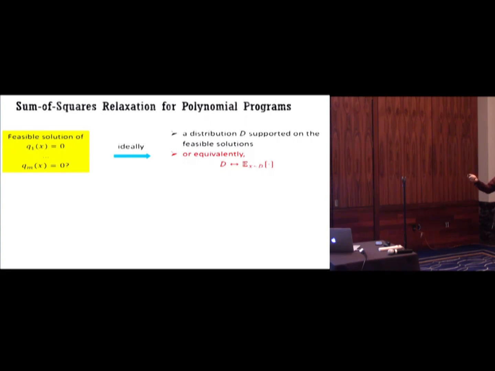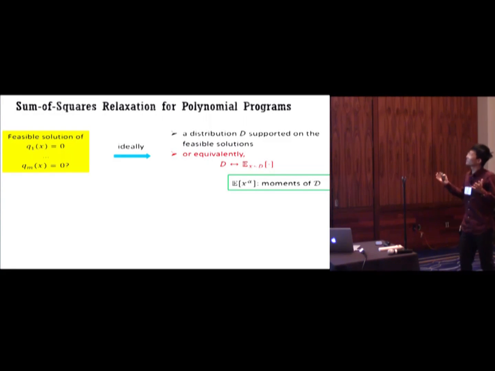Or equivalently, if somebody gives you the expectation operator defined over this distribution D, then it's kind of equivalent to having the distribution D. So I guess the best way to think about this expectation operator is just if you plug in any monomials into it, it will return you the moments of D. And from the moments, you can recover the distribution. So we didn't do anything here because this is pretty much the same problem as we wanted to solve before. So we couldn't hope to have such a general thing.